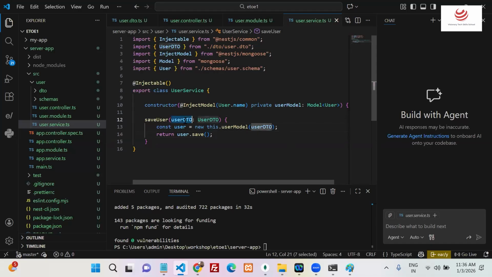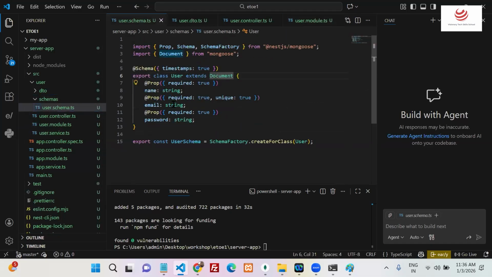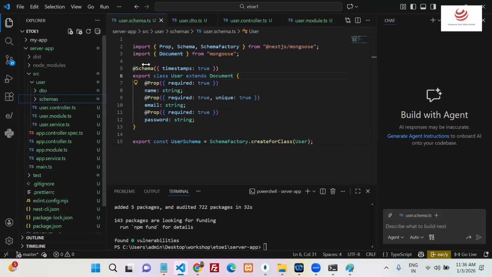You have the DTO. We have the model. Whose type is what? You create an object for the model. Which kind of model? The user model. See, for user we already created a schema, right? This kind of model only, we are expecting the data. This is a data model, what we are going to save within the database. Now come to